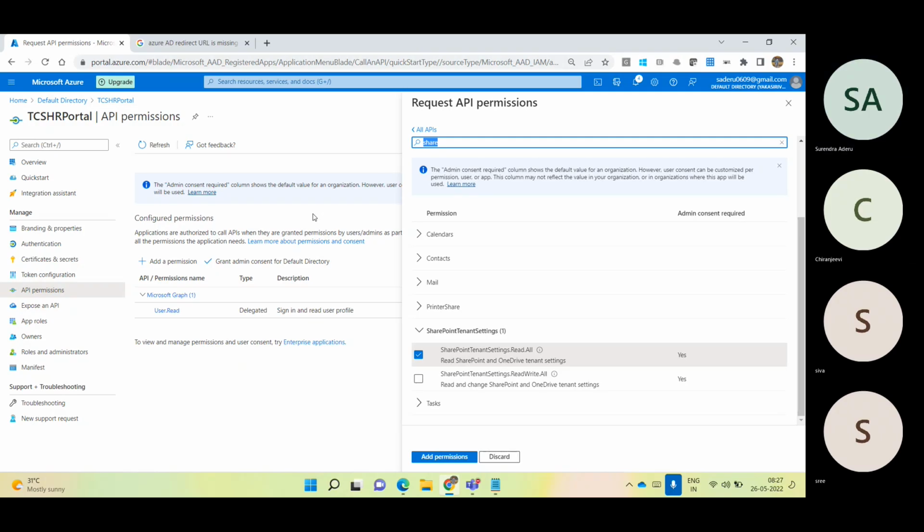Clear? Any questions so far? Chiranjeevi, able to follow the other use case apart from user